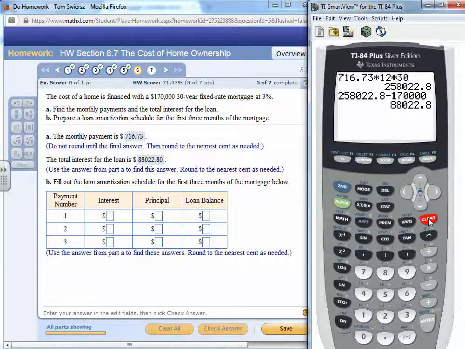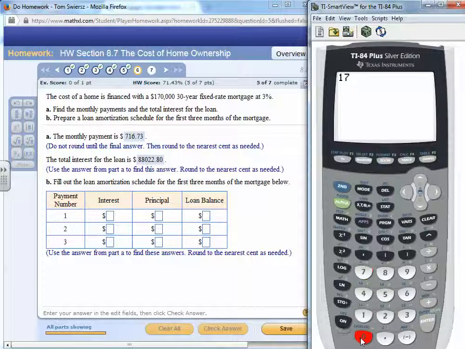Let's try that again. 170,000 times 0.03, and you can just divide by 12 or multiply by 1/12, same difference. I still got 17,000. Let's try that one more time. 170, with 4 zeros altogether, times 0.03 divided by 12. That's why I was making a mistake. And so the amount of interest is exactly